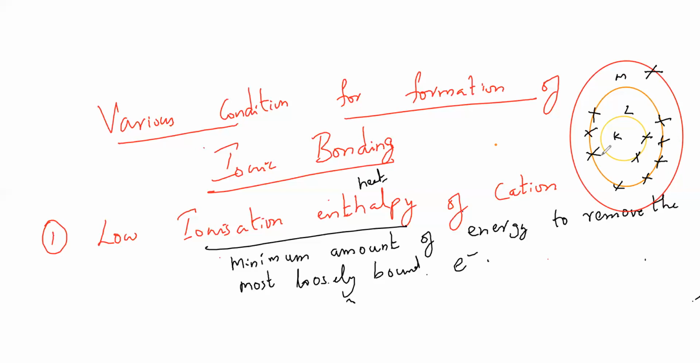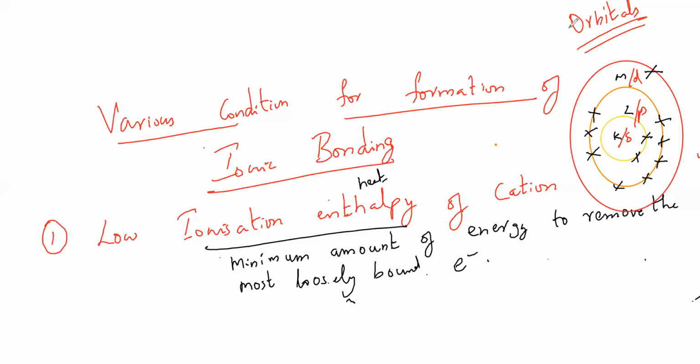So which electron from which shell can be removed? Again, KLMN shells. If I want, I can replace it with what? SPDF. Once you come to class 11, KLM is replaced by SPD. S meaning spherically symmetrical, P dumbbell shape, D double dumbbell shape. From which orbital? I'm talking about orbitals, not orbits. Can the electron be removed easily? Yes, from the D.